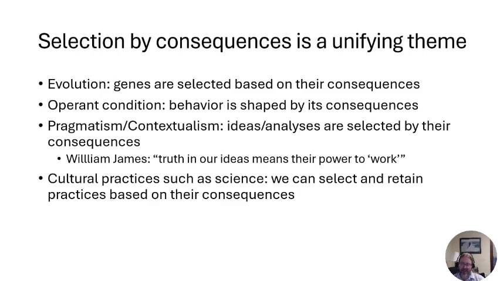So practices that tend to be more useful and achieve the scientific goals could be selected, and we could have cultural practices based on a history of selection by consequences. But of course, this begs the question of what are the specific goals of science? So, coming to that soon,